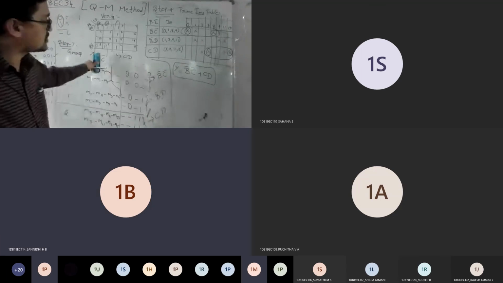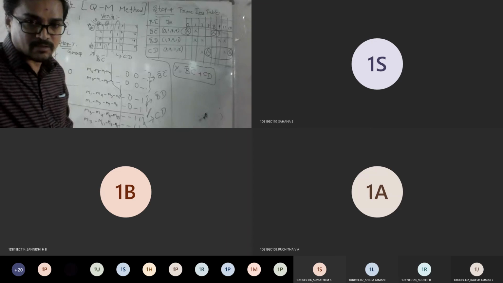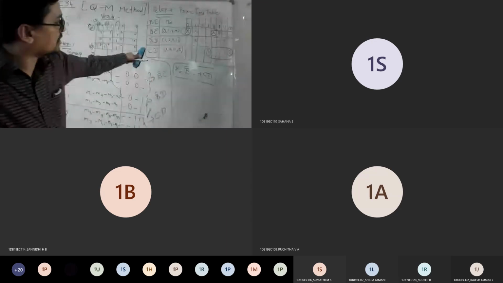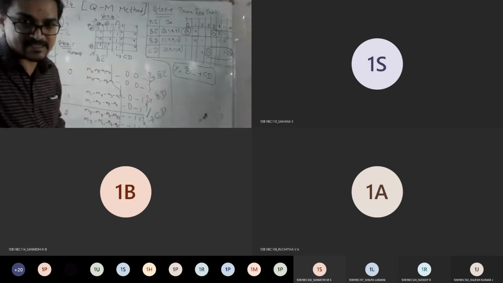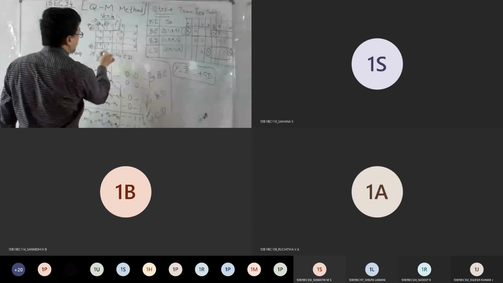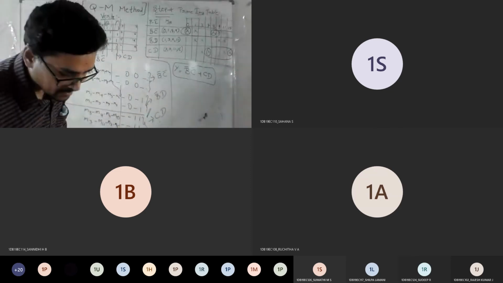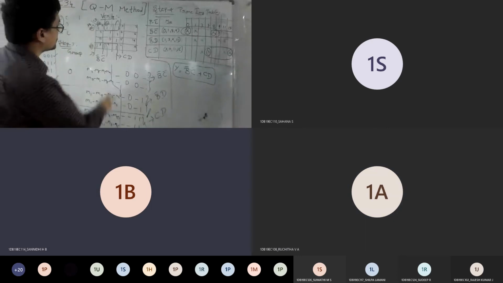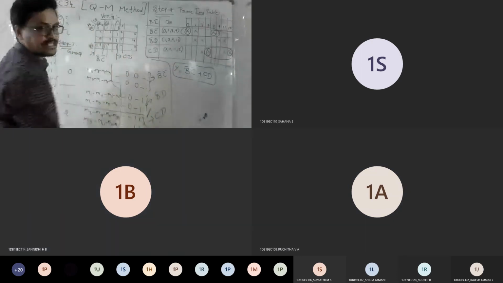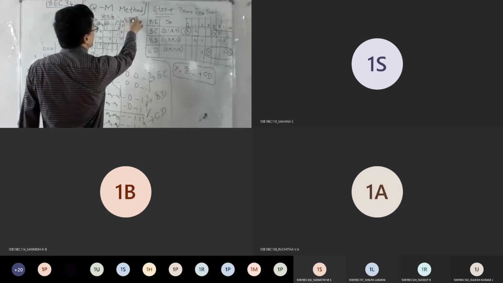Yes, sir. So these are the prime implicants, right? All possibilities are covered, right? So then tell me how we got this B bar D expression as the essential prime implicant. Can I take this 4 and this 4 as the essential prime implicant? Just look at the expression. From this, we get B bar, and from this, it's D. So that is how we got the expression B bar D.